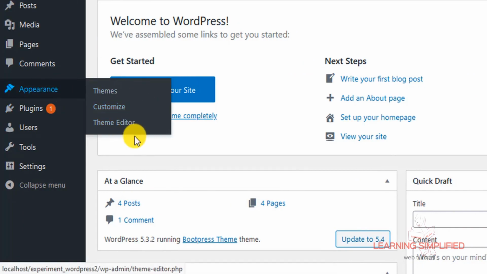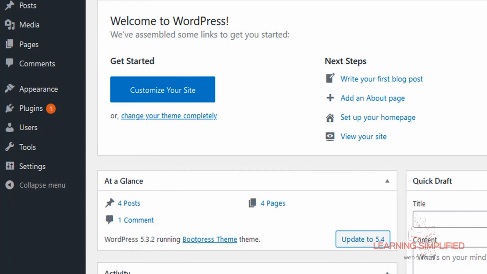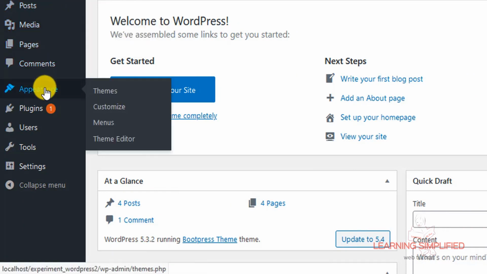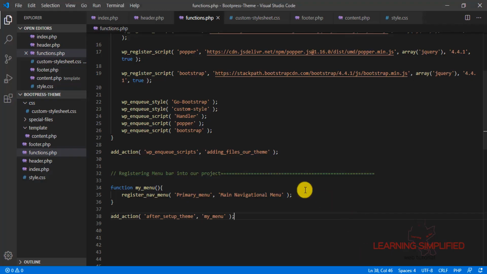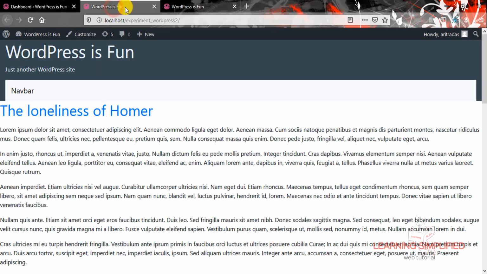and before reloading we'll see that still there's no menu right over here. But if we now reload, and if we now come down to this appearance section, we can see that there's a menus present into our project. That means we have invoked our menus, we have registered the menu into our project. But if we still get back to WordPress front end of our site, and if we reload, we won't be seeing any kind of menus here, because we haven't administered the menu bar into the page where we wish to make it appear.